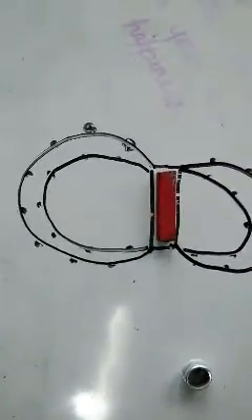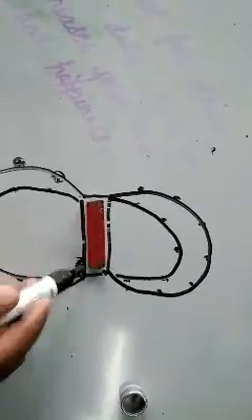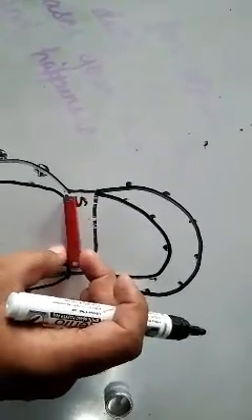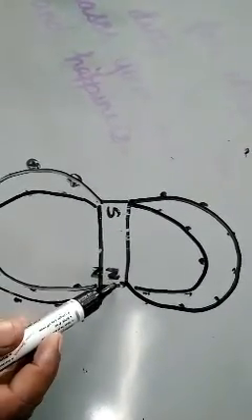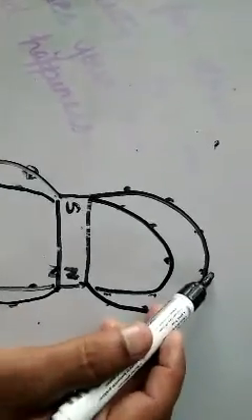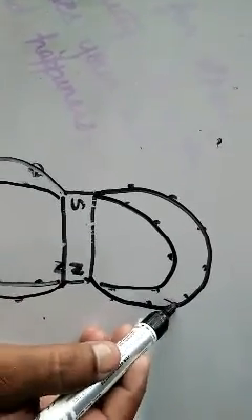See this diagram. Here, I told you, this is the north pole. And this is called the south pole. If you see the diagram, magnetic lines of force start from the north pole. The arrow mark is showing, magnetic lines of force start from the north pole, see this sentence, and they move towards the south pole. Magnetic lines of force start from north and end at south. Remember this thing.